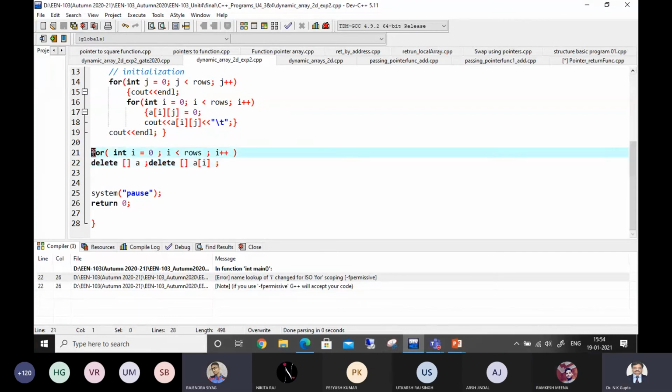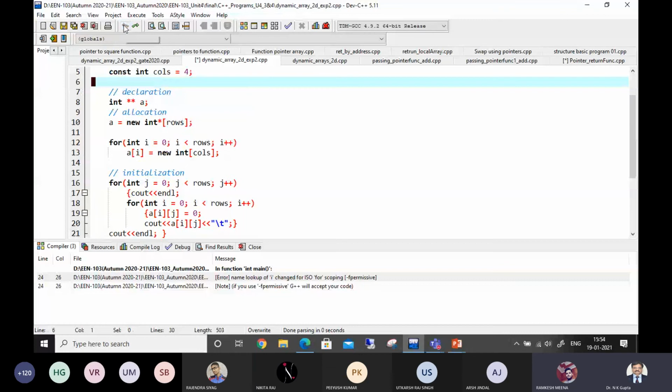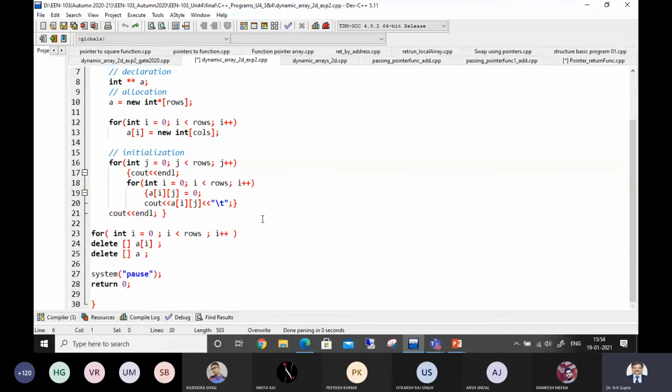I think, sir, the memory will still store the address of the rows and columns. Yes, those will still be hanging in the memory. It will not be giving me any error, but